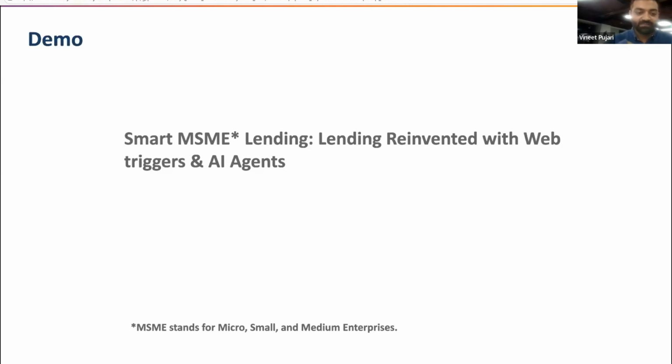Now, the lending process for medium, small, and micro businesses differs from country to country. In this case, let's take the example of a developing country where entrepreneurs are building certain products, maybe manufacturing them. In order to manufacture these products, they need some capital, like growth capital, right? And they apply for credit or a loan to these lending companies,